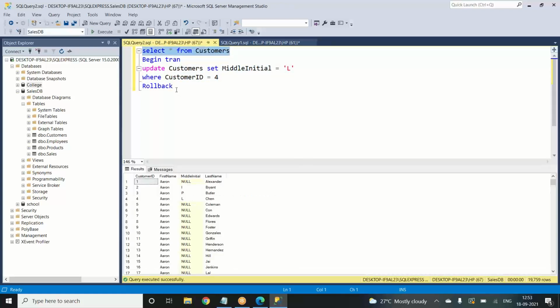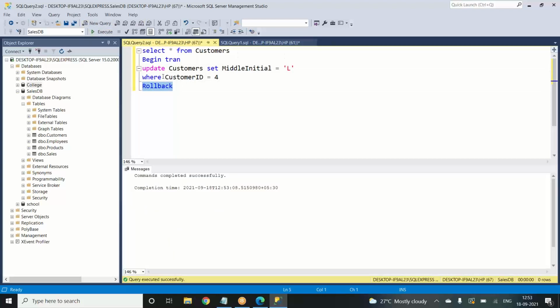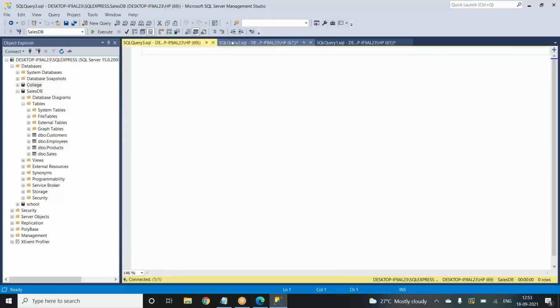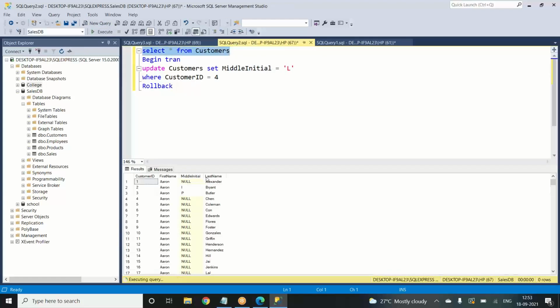Okay, so it is changed to L, and if you click on rollback, yes. See, initially we had given the customer ID 4 the L middle initial.